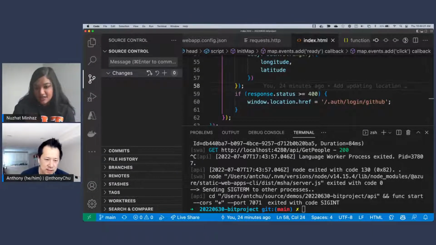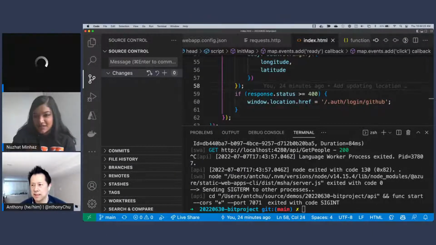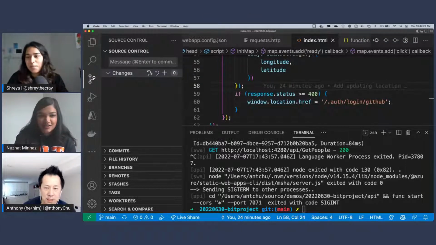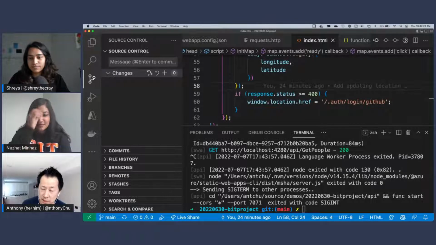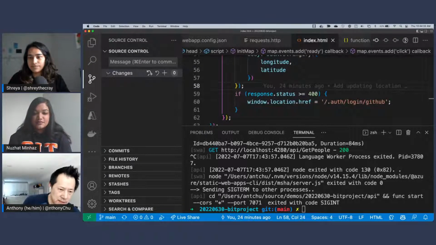Console log is our friend. Yes, it's excellent. There's actually ways to set up Visual Studio Code to press F5 and actually debug a lot of this stuff. Yeah, I just didn't have time to set that up today. But